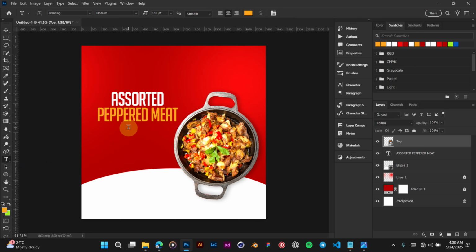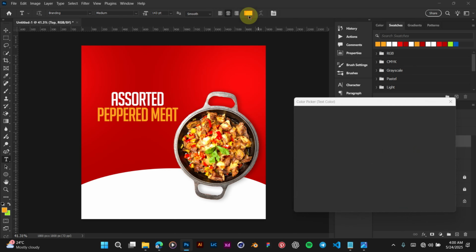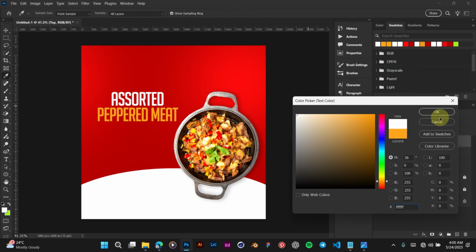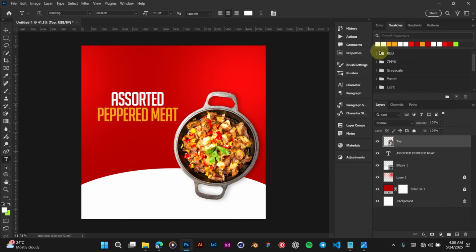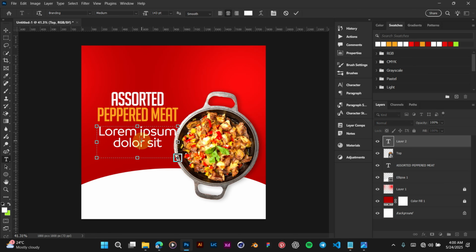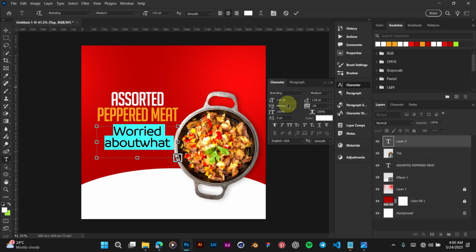I'll take my text tool and make the background color white, or you can select white from here straight. Then I will draw something like this using my text tool. Now that I have it like this, let me paste my work. Ctrl+V to paste my text here. And see, we cannot see all of the text,